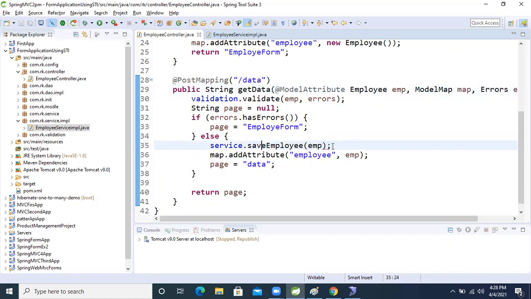Then this method, we know, will return the id.